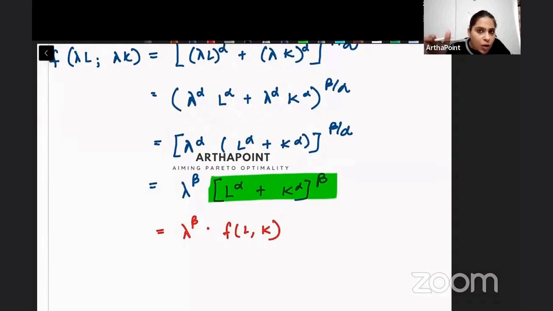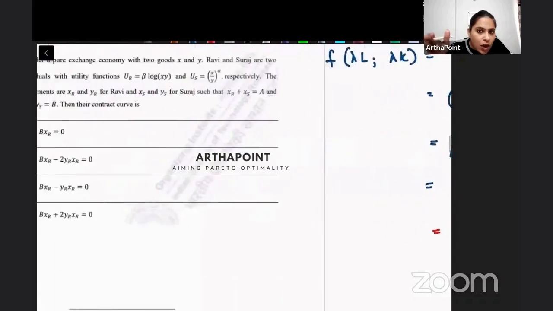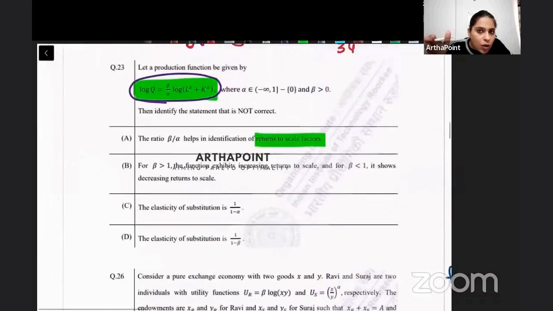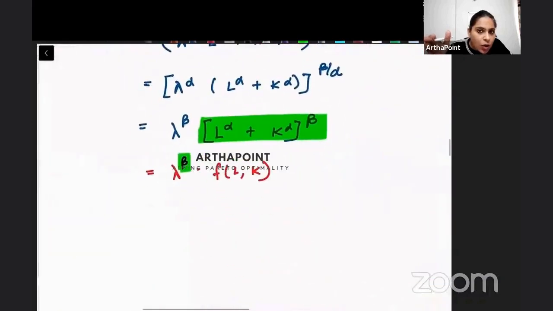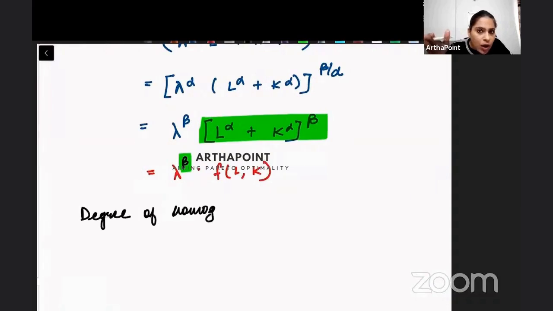Its degree of homogeneity is this β, isn't it? So when it says its degree of homogeneity is β by α, that's wrong. Achha, this degree of homogeneity only tells me the returns to scale. So you can make a note of this, please. That the degree of homogeneity